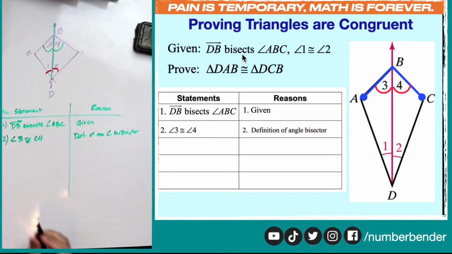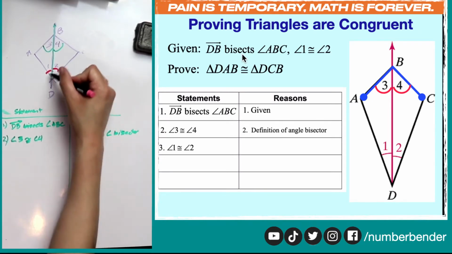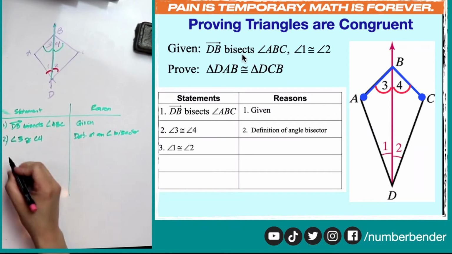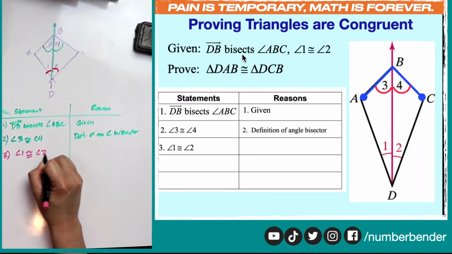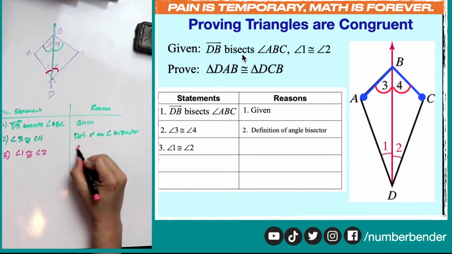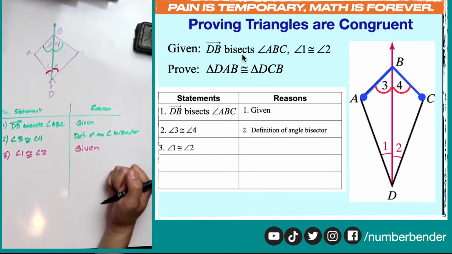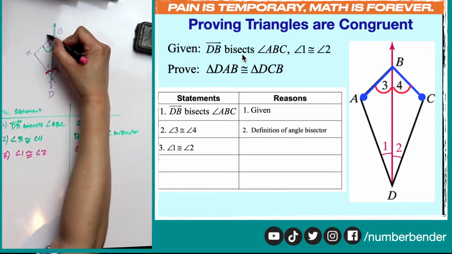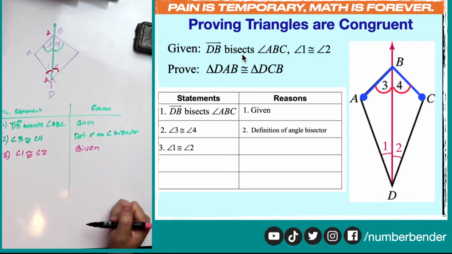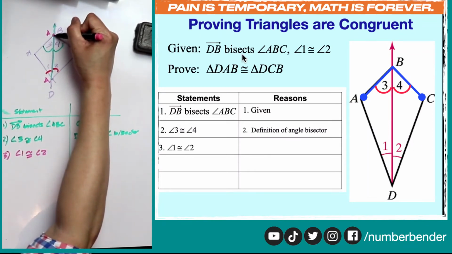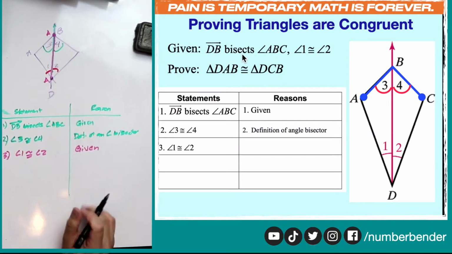And from here, what we can work with is how we're going to connect angle 1 and angle 2 because this is given. So let's write it down. So 3, angle 1 is congruent to angle 2. And we know that because it's also given. And from here, we can see that this angle and this angle is forming a pattern. And all we need to do is to use the relationship between this line segment to use the postulate that